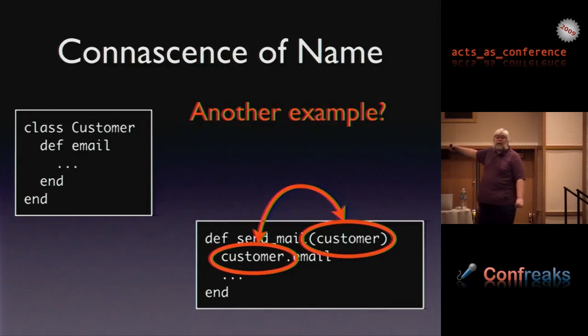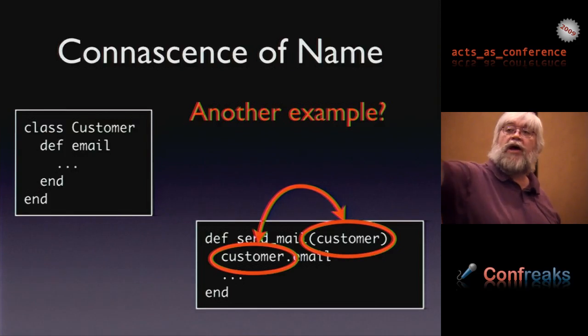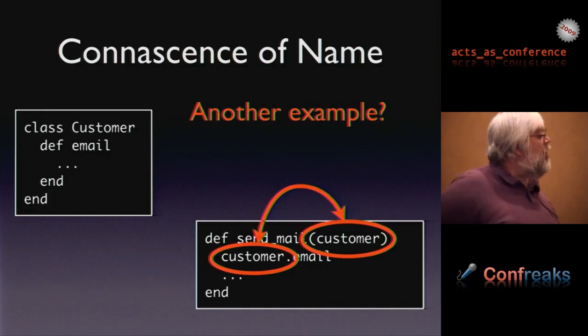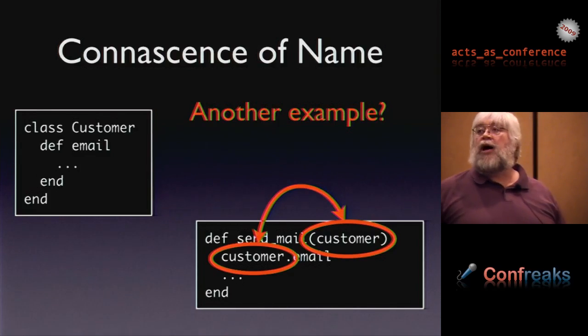The parameter name being passed in is used immediately in the body. Well, you say, but it's in the same method. Exactly. Kinesis within a method can happen as well. Between lines of code, kinesis is any piece, any element related to another. And if one changes, the other has to change. So if that first line changes the name, the second line needs to change as well. So you have kinesis within a method as well as kinesis between methods and between modules.